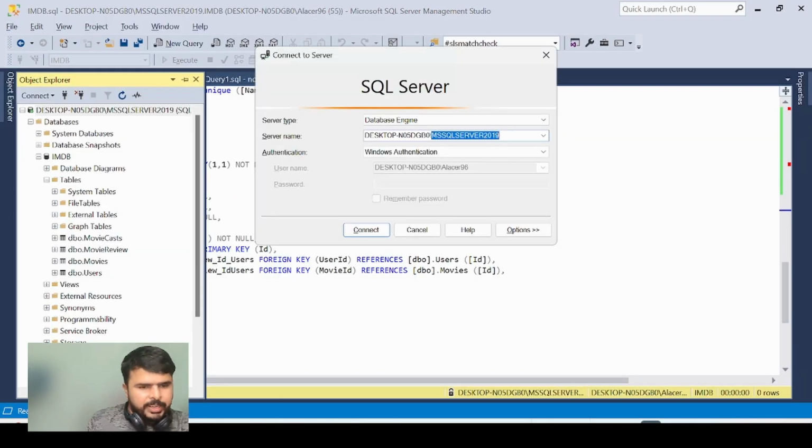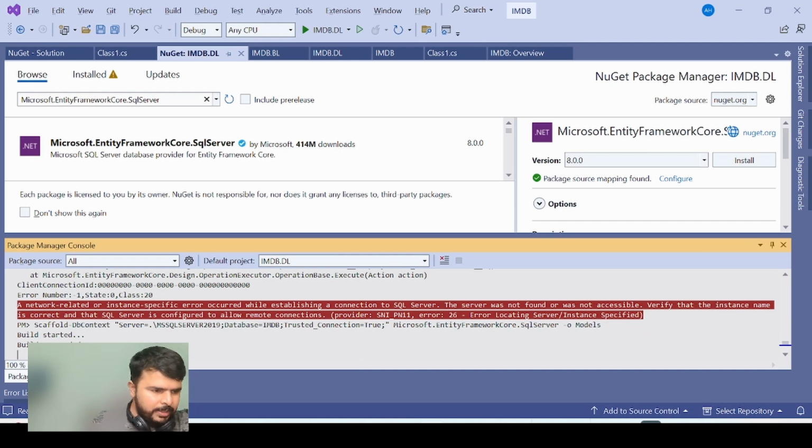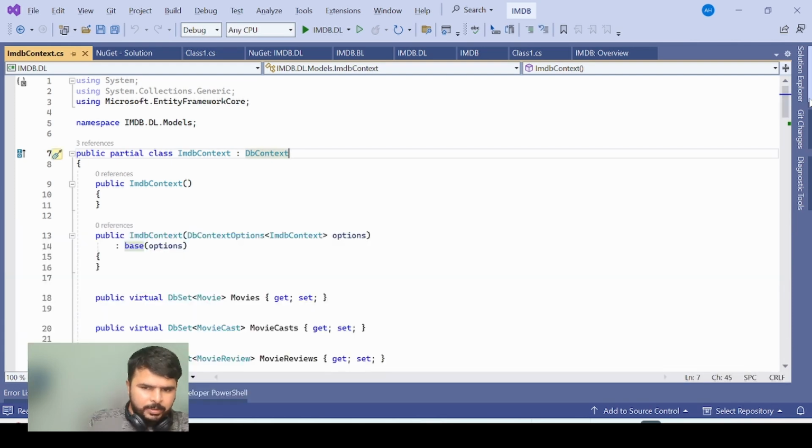It is not just SQL Express in my system, it is MS SQL Server 2019. So let me change this connection string. Instead of just SQL Express, I have to provide, sorry, MS SQL Server 2019. Now again re-execute this command. So the execution is successful and it created a context class as well as all the entities in the database